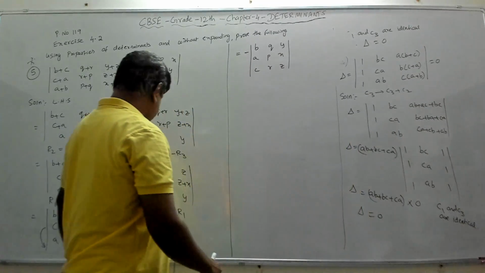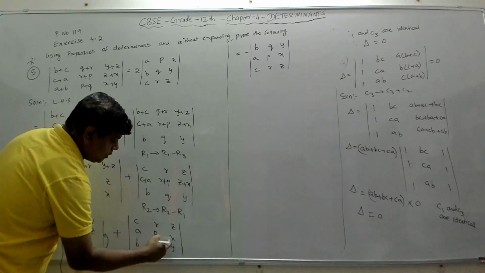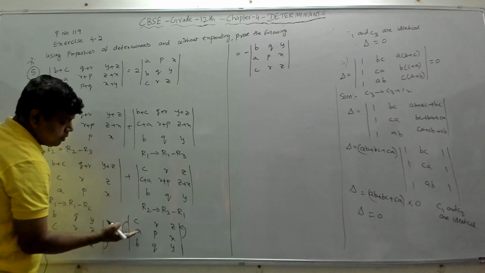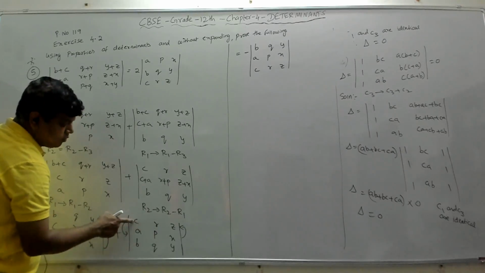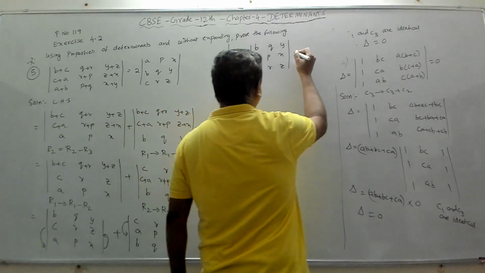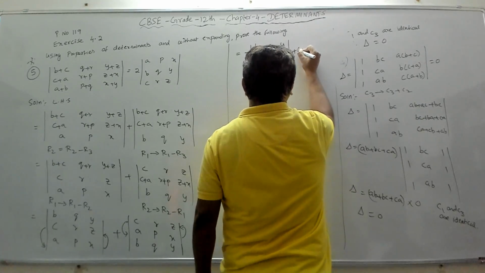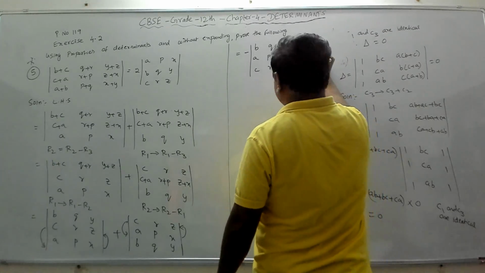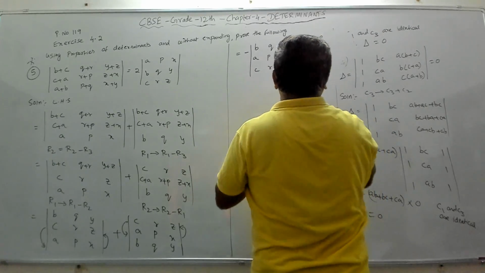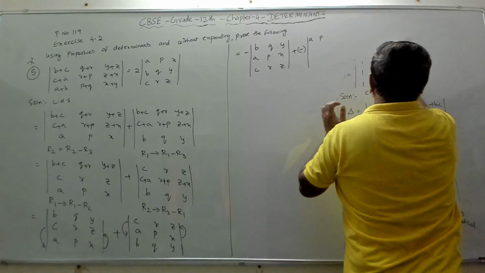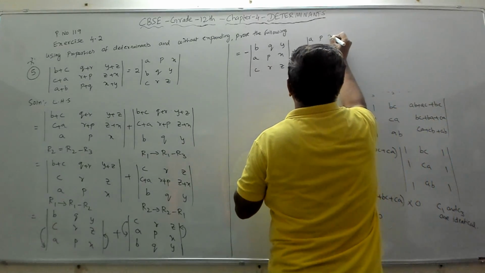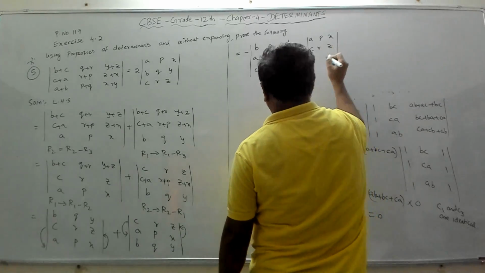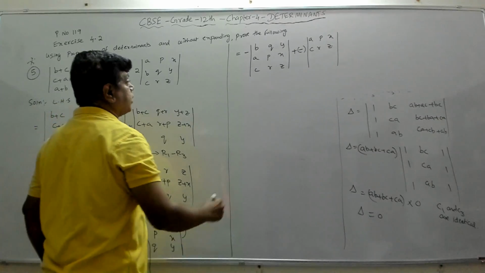So again here I will shift APX. I want it on top, so I will take this here and this will come here. Second row will come here. First row will come to second row. So again one more minus will be there. Minus of, because I'm interchanging these two rows, right? So I'll get APX, then CRZ, then the third row BQY.